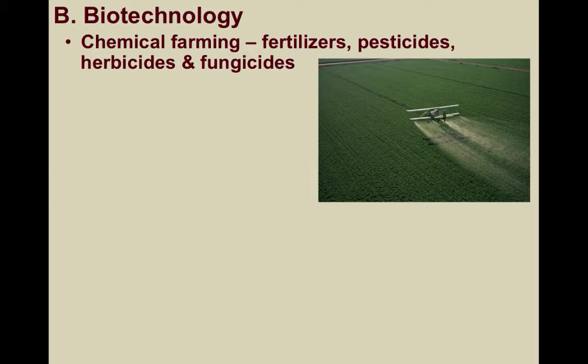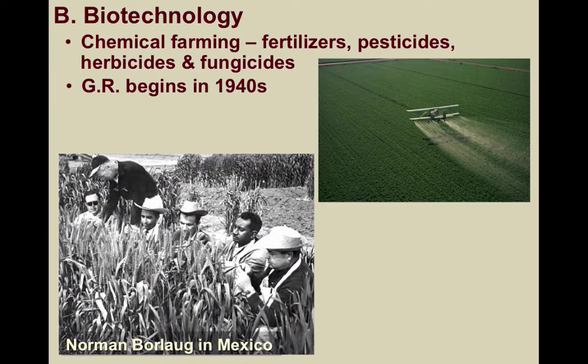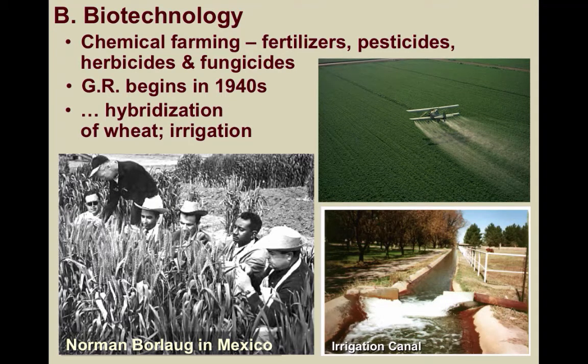Now enter Norman Borlaug, an American biologist and the father of the Green Revolution. He worked on developing hybrid varieties of wheat in Mexico in the 1940s, and adapted these techniques to other crops. By the early 1960s, India was again on the verge of a massive famine. It was then that Borlaug worked with the Indian government and other organizations to introduce new strains of crops and expand irrigation development. These technologies had been used in the developed world for some time, but were now just beginning to emerge in the developing world.